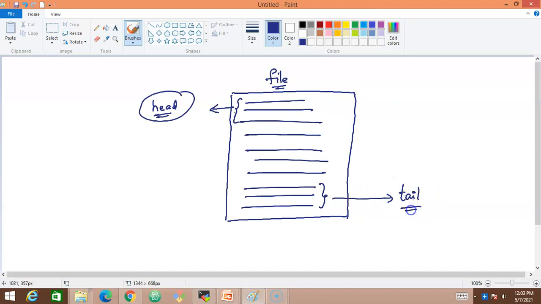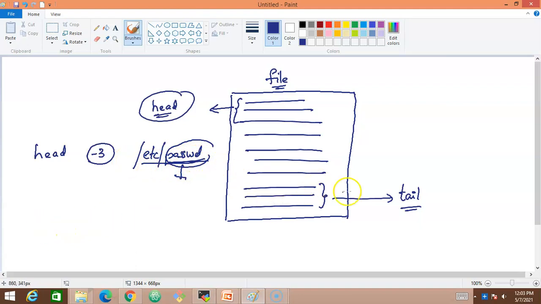So with the help of the head command, head -3 and the file name /etc/passwd. So this is a file. Now it is going to display only the first 3 lines of this particular file. Simply if I use the cat command, it will display the entire content of the file. But I want only 3 lines to be displayed.